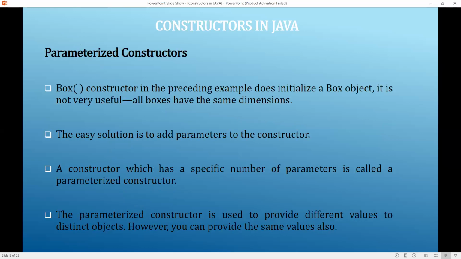A parameterized constructor is nothing but, while initializing the values, we pass those values through the constructor. Whenever we call the constructor, or create the object, at the same time we pass some parameters. That is the parameterized constructor, so that we can make distinct objects.